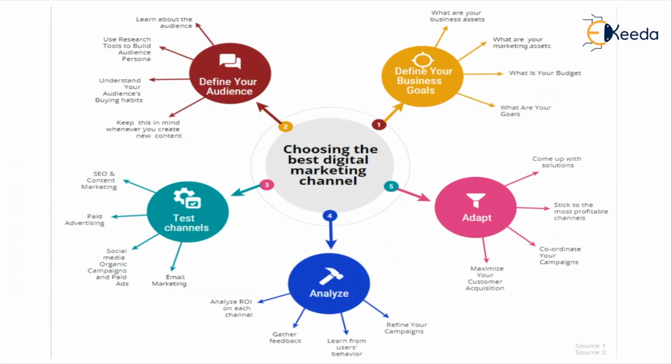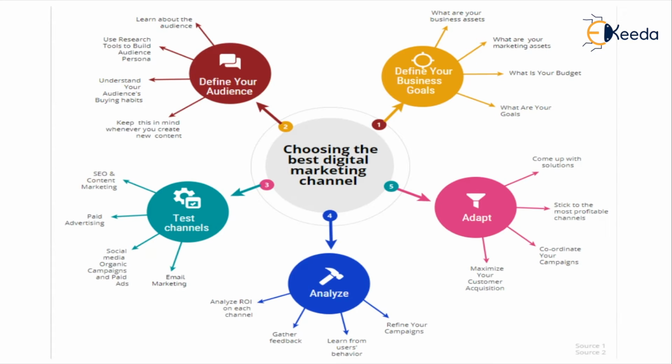Now let's take a look at how choosing the best digital marketing channel works out. So it starts by defining business goals, such as what are your business assets, what are your marketing assets, as we discussed, what is the product that you're trying to sell, does your marketing department have a digital marketing team in it or not, are you able to create your own digital campaigns or do you need an agency,